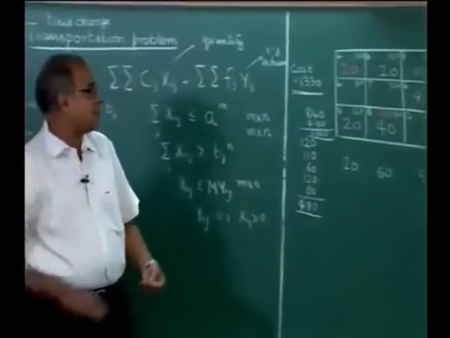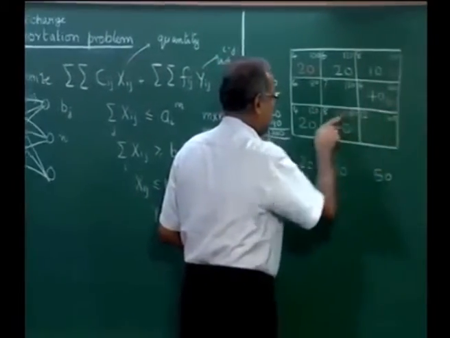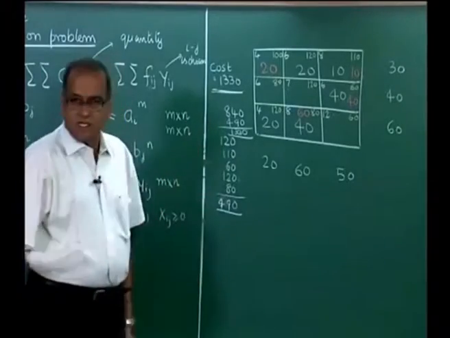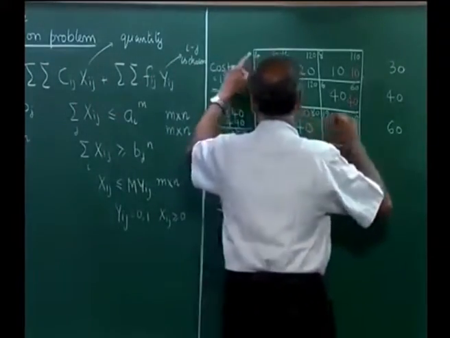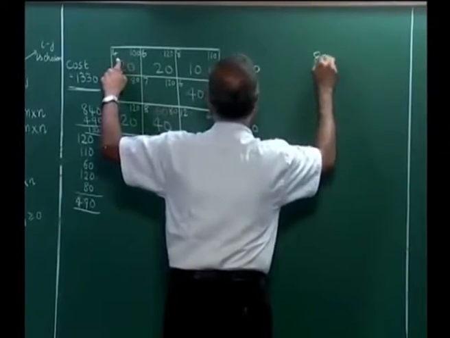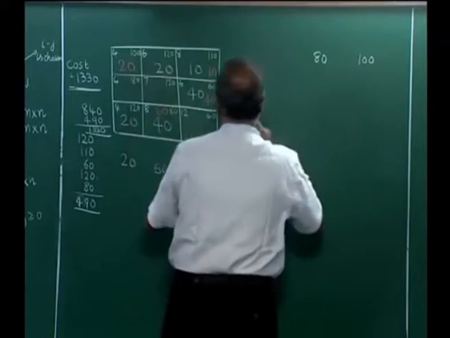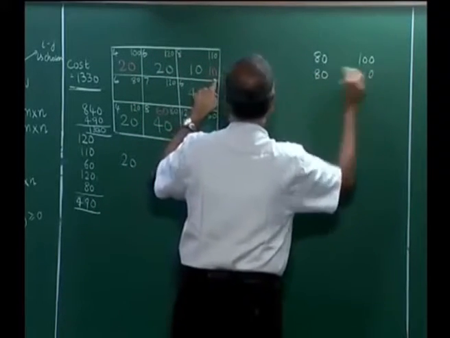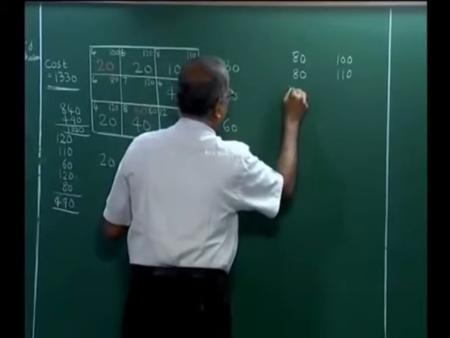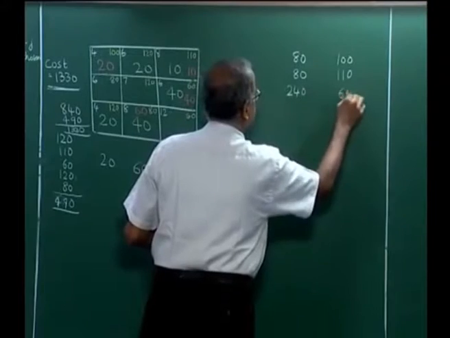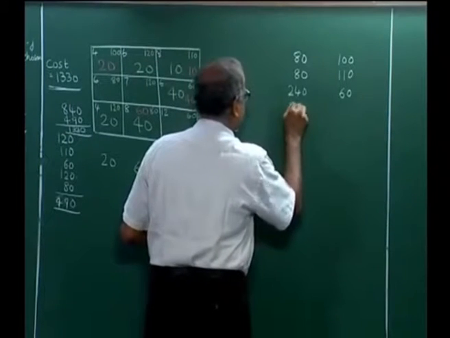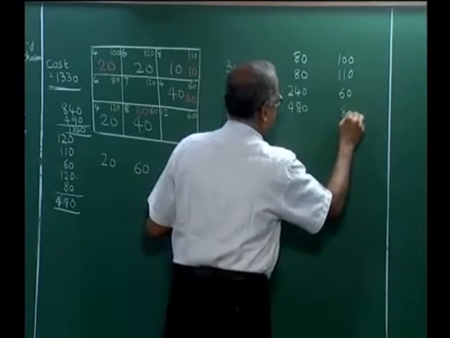This is the solution. So, 20, 10, 40 and 60 is the optimum solution to the fixed charge transportation problem. Let us try and evaluate the costs associated with it. The cost of transportation is 20 into 480, the fixed cost is 100. The cost of transportation is 10 into 880, the fixed cost is 110. The cost of transportation is 40 into 6 240, fixed cost is 60. Cost of transportation is 60 into 8 480 and this fixed cost is 80.